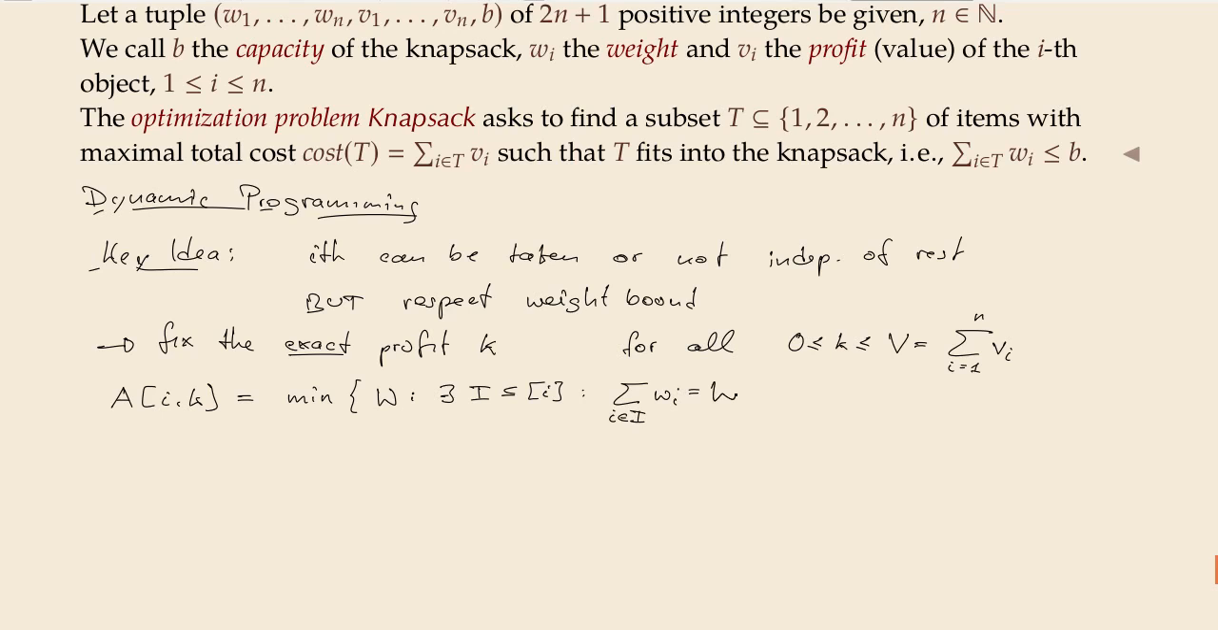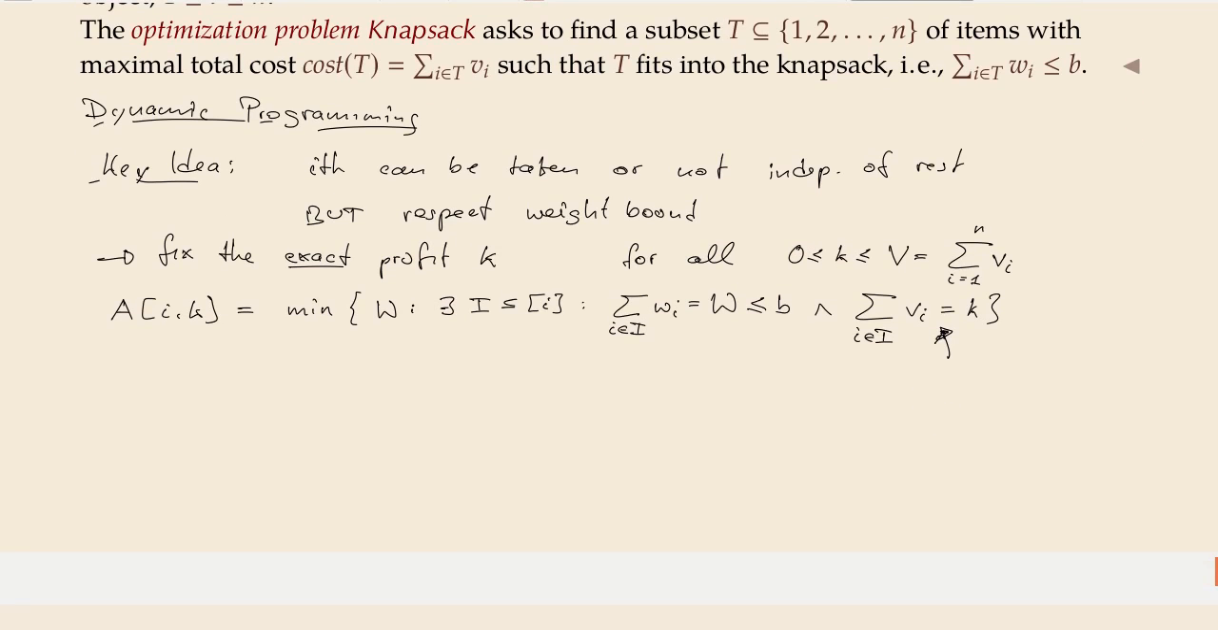That's W, which must be smaller than B. And also we have the constraint that the sum of their values is exactly k. So this is the important part that will make the recurrence easier. Namely like this. We can compute